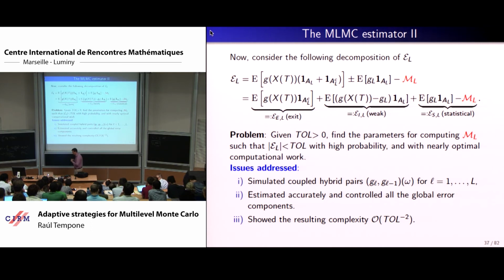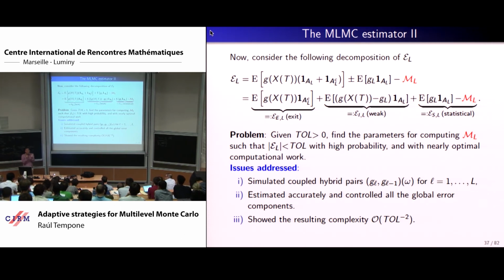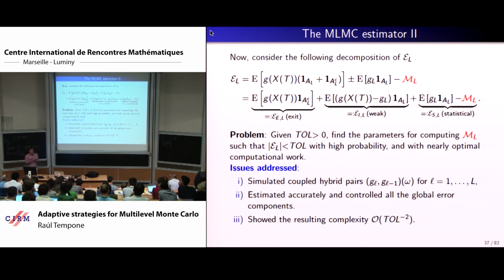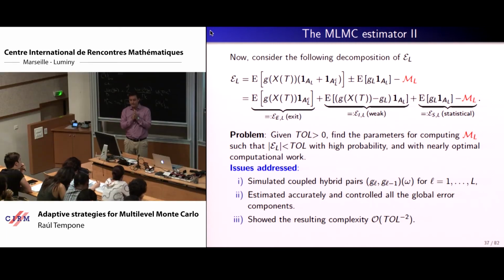The paths are taking values on a lattice. So when things converge, as you discretize the delta t, or you increase the L if you wish, the paths are going to be closer and closer. But in diffusions, closer and closer may mean, since you're in a continuous space, actually getting closer and closer. But here you're in a lattice. So what does it mean to get close in a lattice? Either you're far or you're there. So closer in this setting means that the probability of going far goes to 0, and the probability of being equal gets larger and larger.